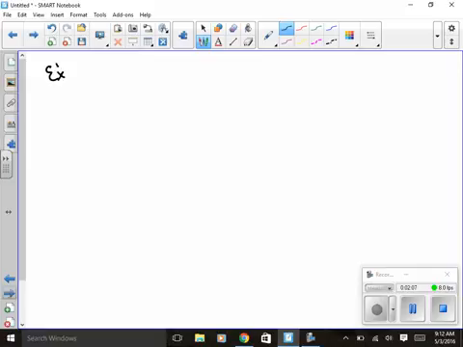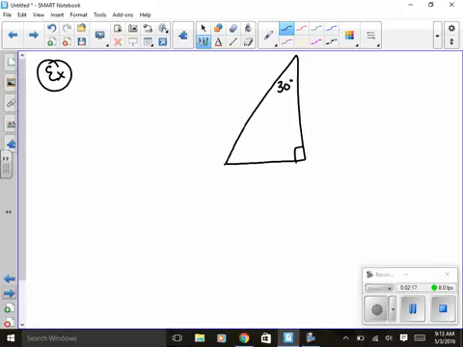So, how do I use the sine? What do I do with this? All right, so I've got an angle here that's 30 degrees. My hypotenuse is 12, and we are trying to find the opposite side. So I just set up my ratio. So it's the sine of, and it's always your degree measure. So sine 30 equals, well, what's opposite of the 30? That would be the x